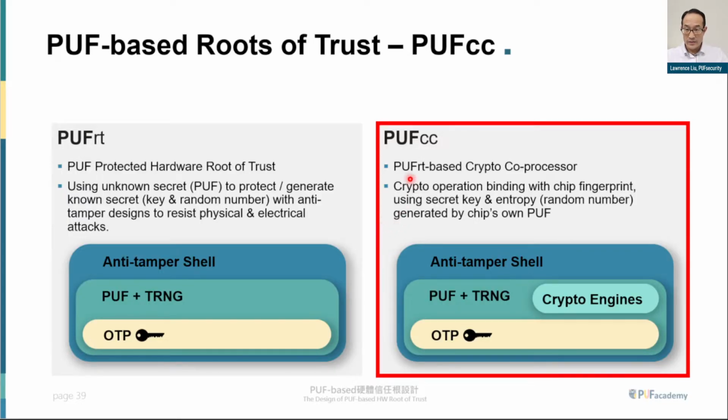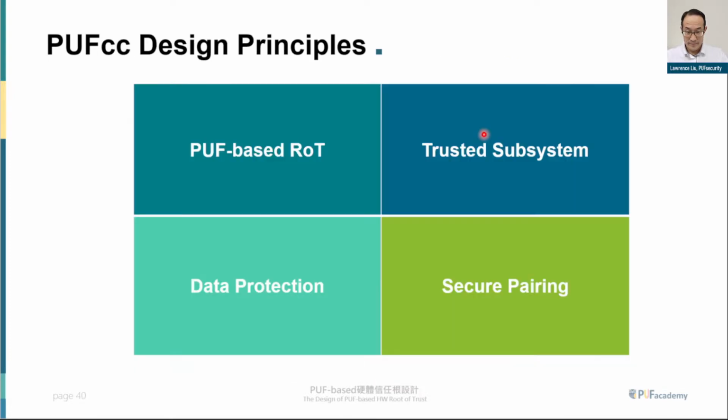So again, we have the PUFrt and PUFcc. PUFcc is the PUFrt-based crypto coprocessor. It builds upon PUFrt by adding cryptographic engines to support a variety of security protocols. And so this section is going to focus again on PUFcc. And we start again with the design principles of PUFcc, which are: use a PUF-based root of trust, be the